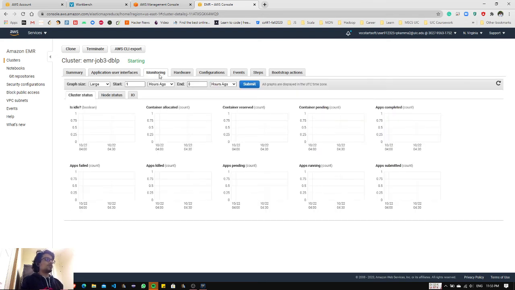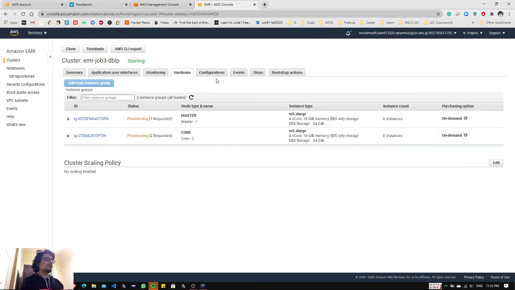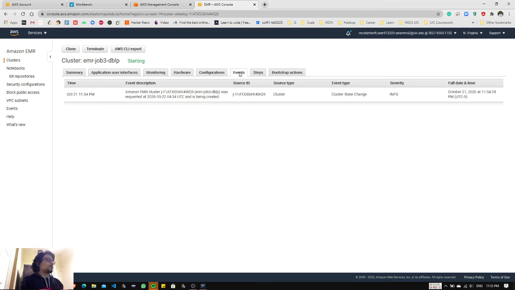Monitoring, if you want to check how much utilization is going on. Hardware is what hardware is being provisioned. Events will have the chronological order of the events being executed. Now it's preparing, then it will come as running, then something else.